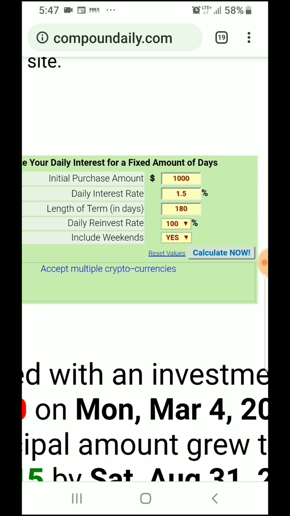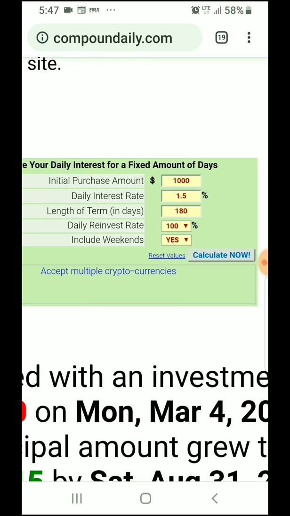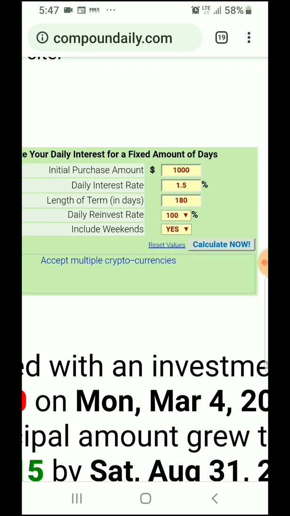So as you can see, for the daily interest rate, I have 1.5%, and that's the average between 1% and 2%. So I'm going to stick with 1.5. Now, some days I'll make more than 2%, and other days I'll just make 1%. And if I have time, I'll actually do more than one trade per day. And of course, that's going to bring my interest earned to more than 1% as well.